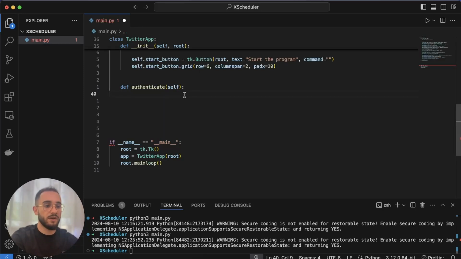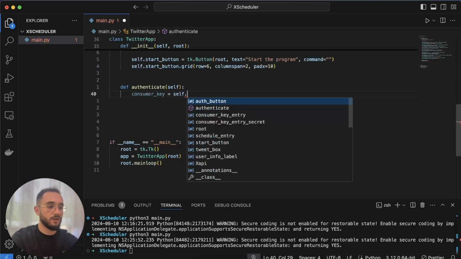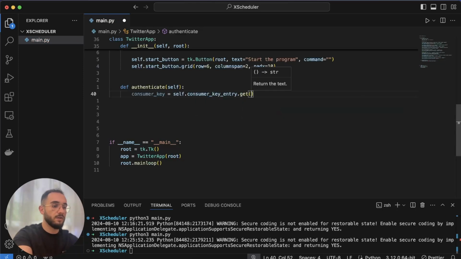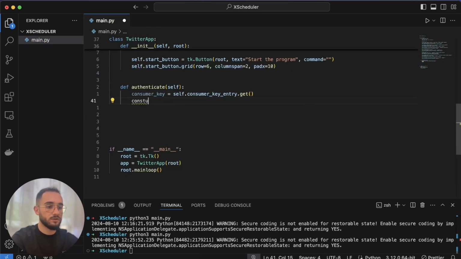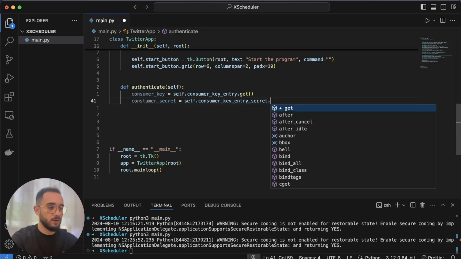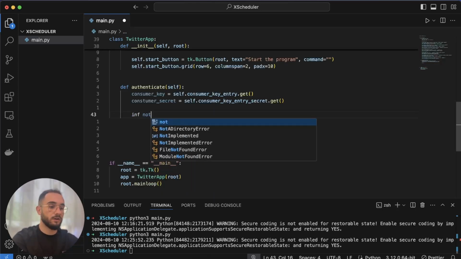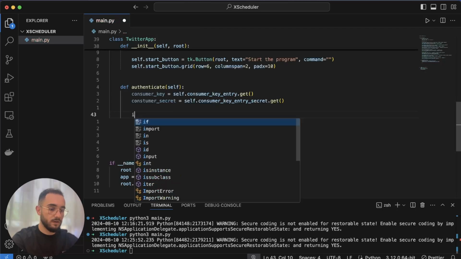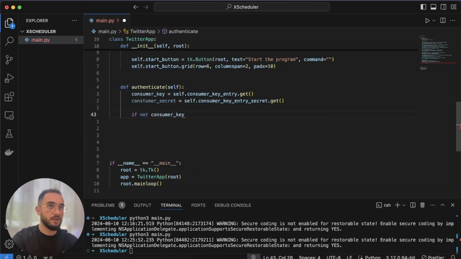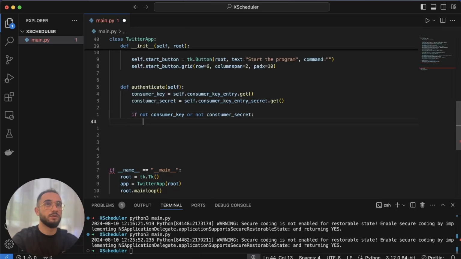So first, let's get the API keys. So we have consumer key, create a new variable consumer key equal to self.consumerEntry.get from the entry that we created before, and also consumer secret equal to self.consumerSecret.get. So we got both of them. Now we'll check if they are empty or not. So if not consumer key or not consumer secret, then what we'll do, we'll show an error,